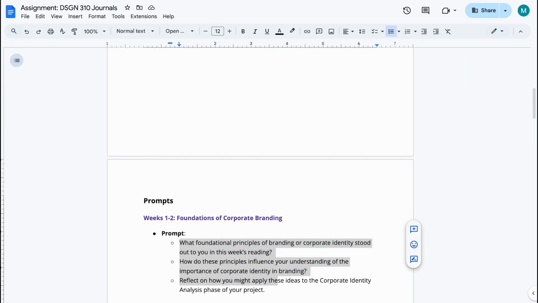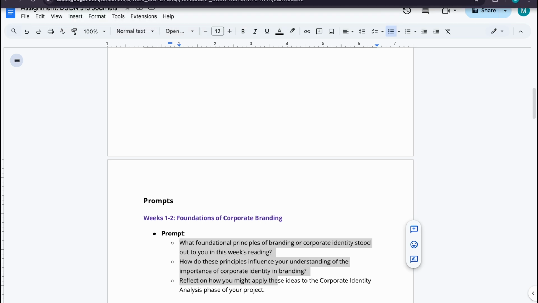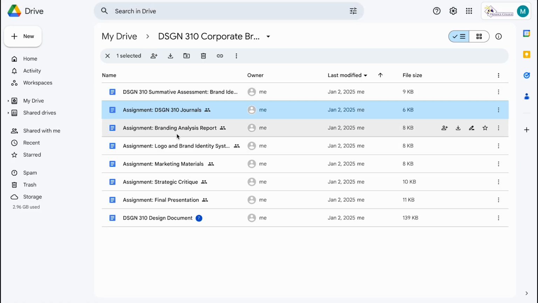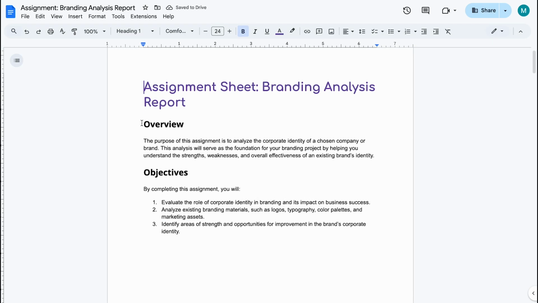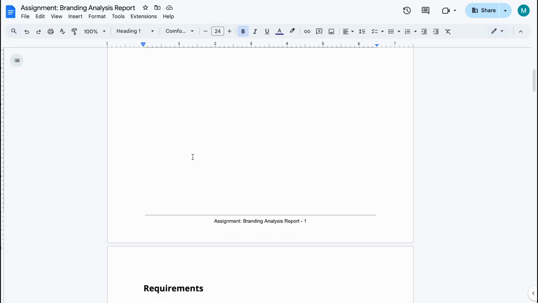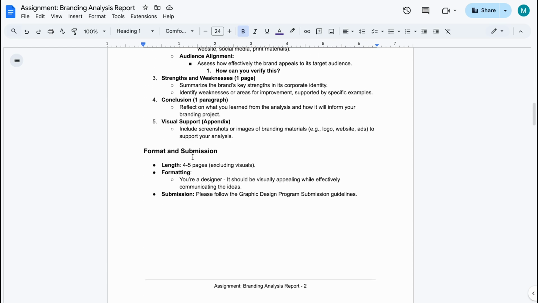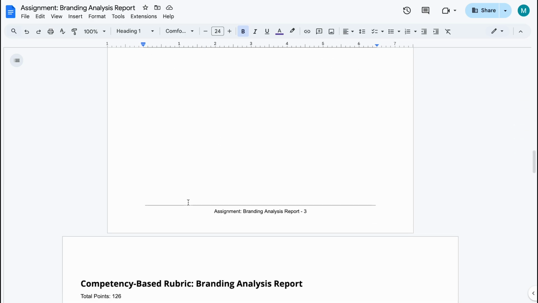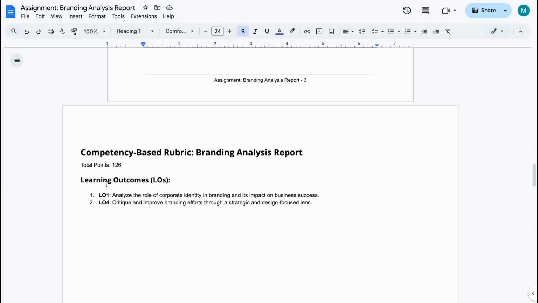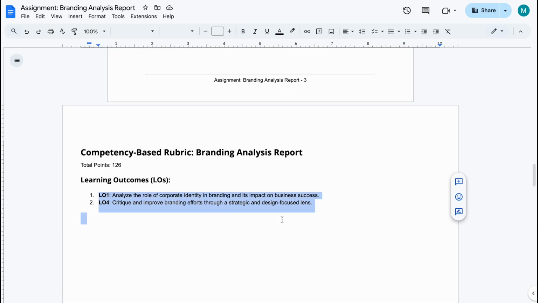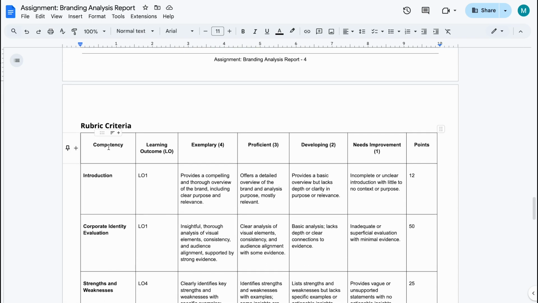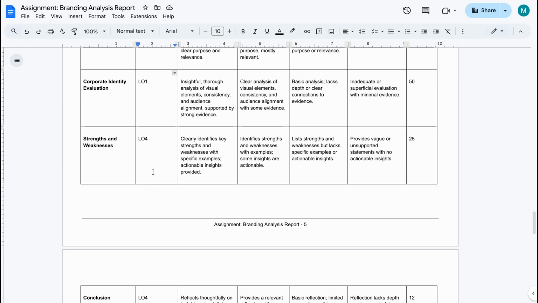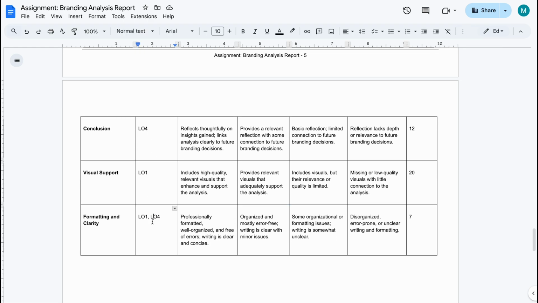Let's see. What else did we find here within this course? We have an assignment for each of the course sections, and each of these you'll see has a standard, typical templated layout: overview, objectives, requirements, format and submission guides, tips for success, and a competency-based rubric, again, that is tied back to the course LOs. We've got total points, which we could pick up in the gradebook. And then here is the rubric, and then this also gives us direct connection into the learning outcomes for